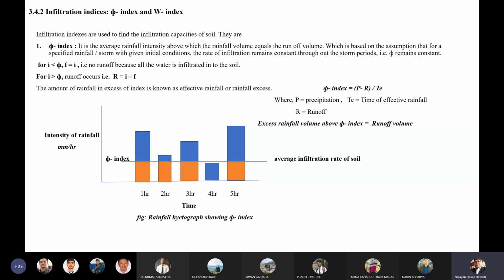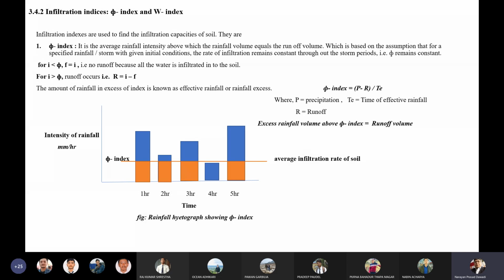But for the fourth hour, there is the blue color bar chart. For that bar chart, the maximum intensity is less than the phi index, so the rainfall of this bar chart does not produce effective rainfall or runoff volume. This means the rainfall rate at which this 4-hour period rainfall intensity occurred, that is